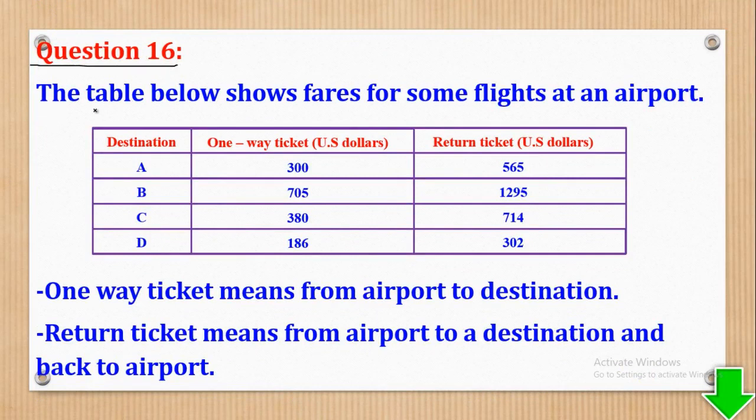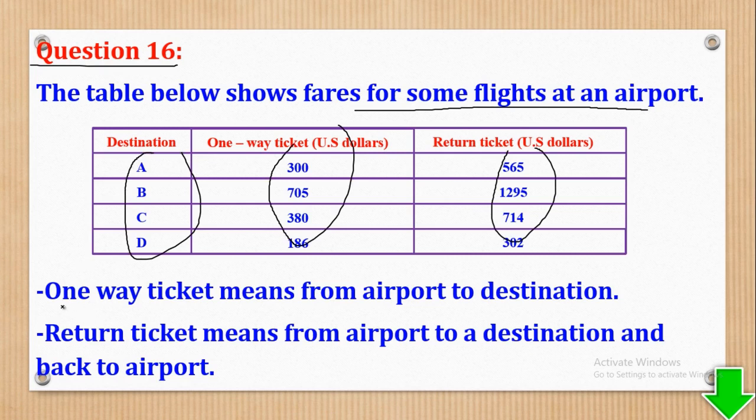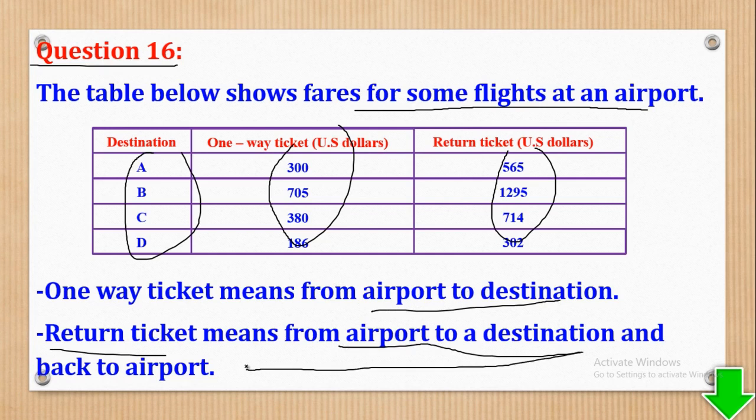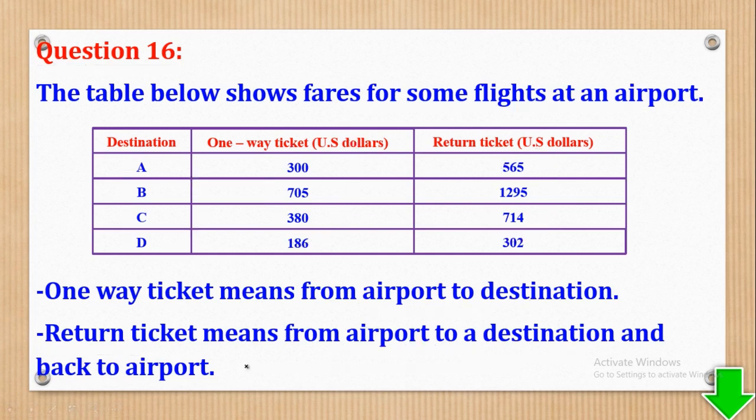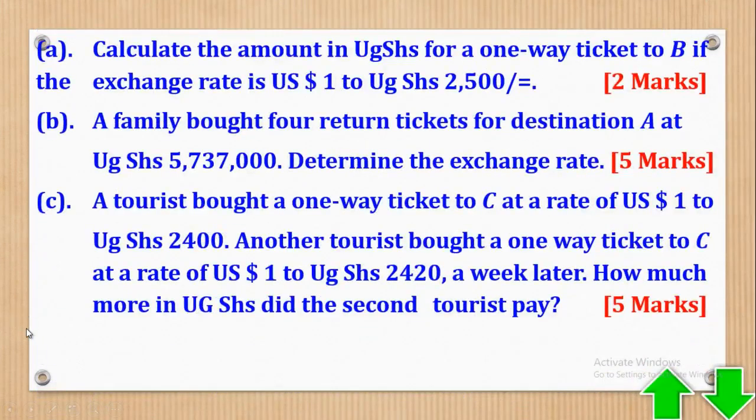Question 16 says that the table below shows fares of some flights at an airport. So these are the fares, destinations. These are fares for one-way ticket, fares for the return tickets. So here they specify that one-way ticket means from airport to destination, and return ticket means from airport to destination and back to airport. So part A,